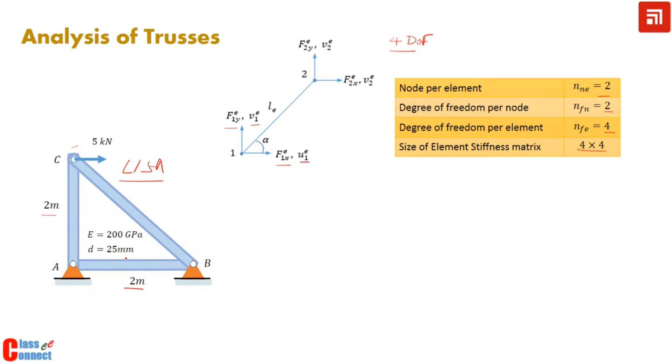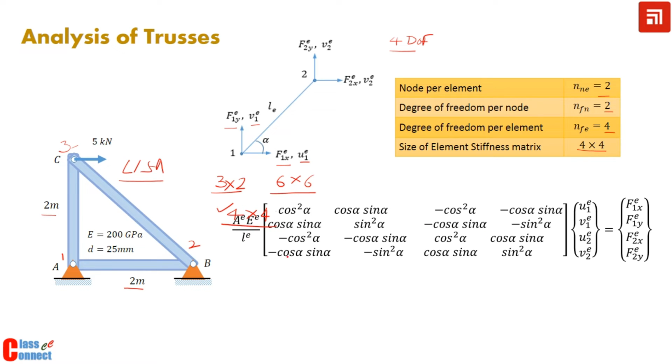So in this particular case we have 3 elements. So how many rows and columns would be there in the assembled stiffness matrix? So the size of global stiffness matrix depends on the number of nodes. So this will be discretized, maybe node number 1, node number 2 and node number 3, and degrees of freedom per node is 2. So that is why the size of global stiffness matrix would be 6 into 6, and size of element stiffness matrix will not change whatever may be the type of truss. So it will always be 4 into 4.